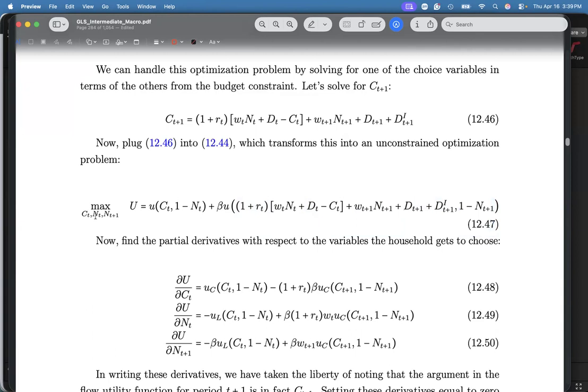What about NT? Where does NT show up? Does it show up here in today's utility? Yes po. Yes. And here it shows up specifically as the negative of leisure. The more you work, the lower your leisure, the worse off you are utility-wise, right? So you don't want to work. So you want to reduce maybe NT, if that's all you're looking at, the current utility.